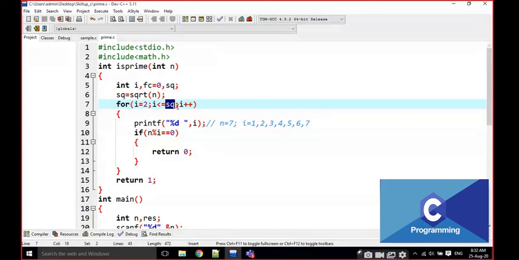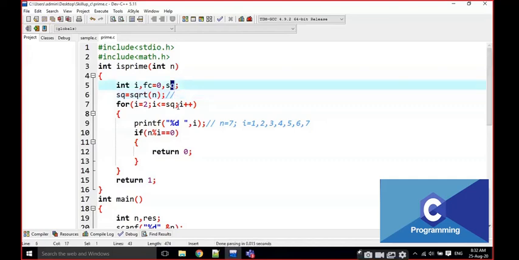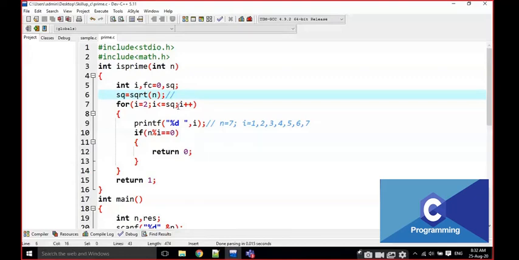Here also I am taking the integer value, not the floating value. For example, if I am going to check the square root of 98, it is going to be 9 only, not 9.8 or something else. Why? Because I am treating this number as an integer. If I convert that floating value to an integer, it is going to cut the decimal points and give only the actual number. That's it.